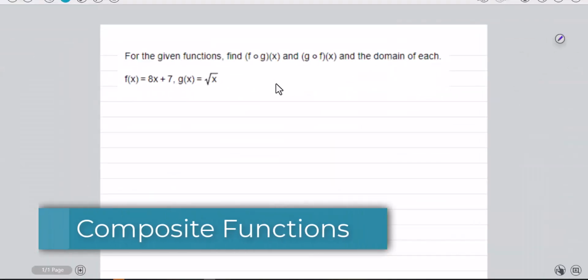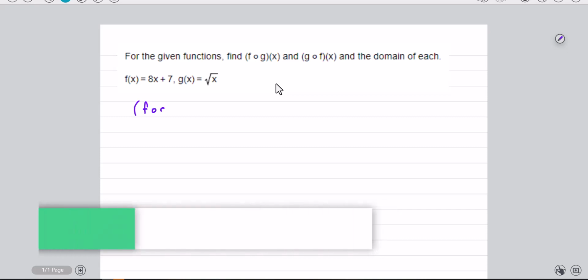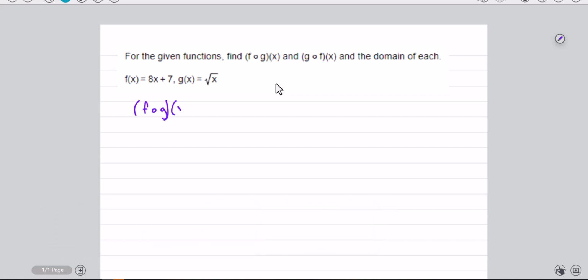All right, we're given these functions. First thing it wants me to do is find f of g of x, meaning that f is composed of g of x. I tend to like to write these like this because it makes it easier for me to see that I'm going to plug g of x in here. And so f of the square root of x, and then I have my f of x, where I see x, I simply plug in,